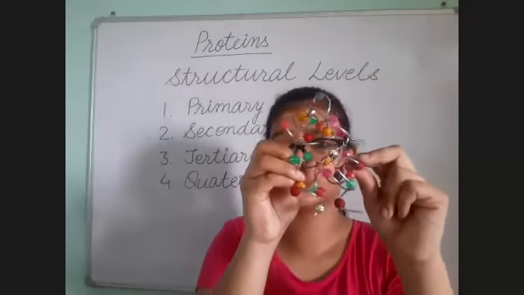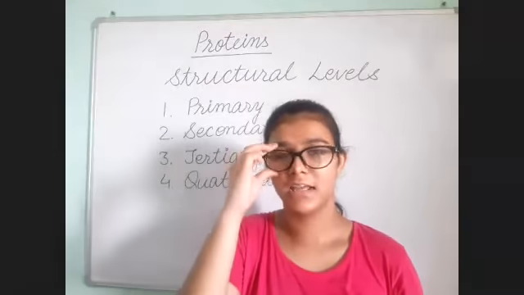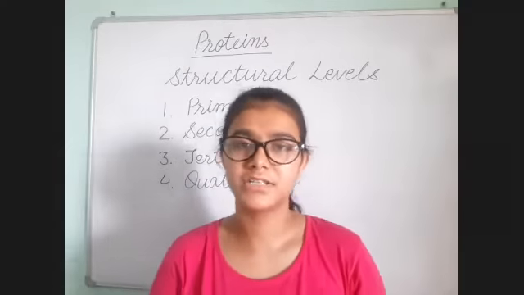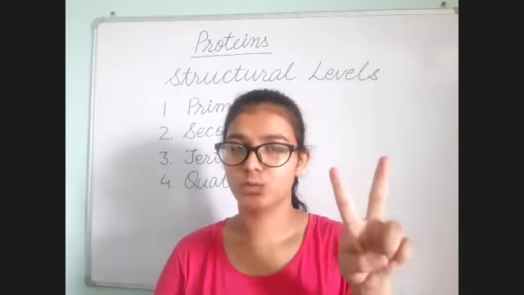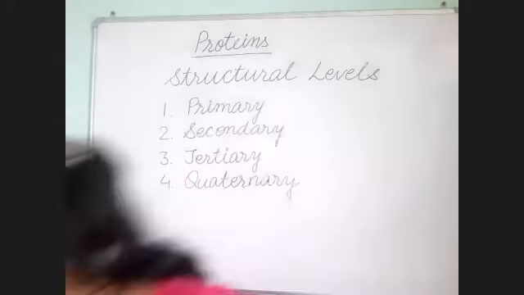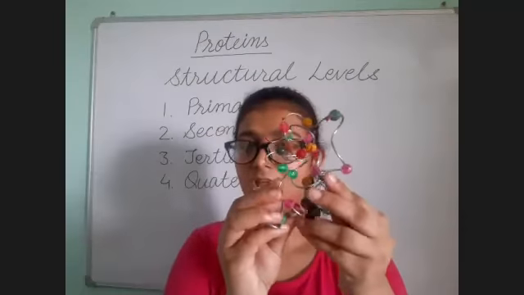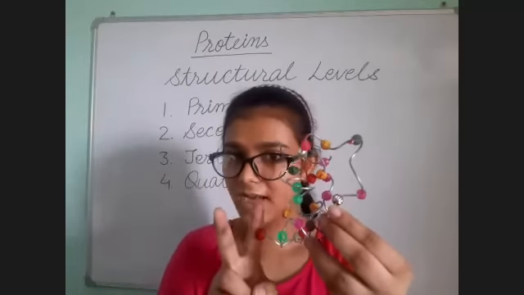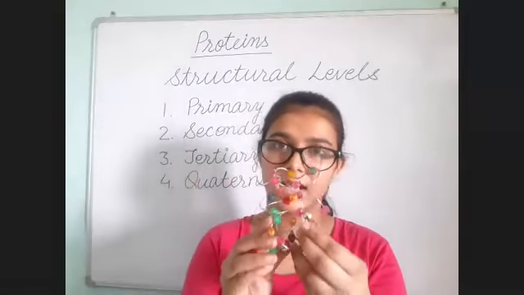The quaternary structure is present in the hemoglobin of the adult human, and this type of hemoglobin contains 2 alpha helix and 2 beta-pleated chains. Let us assume that this is hemoglobin. So this will contain 2 alpha and 2 beta chains, and 4 subunits together make a molecule of protein.